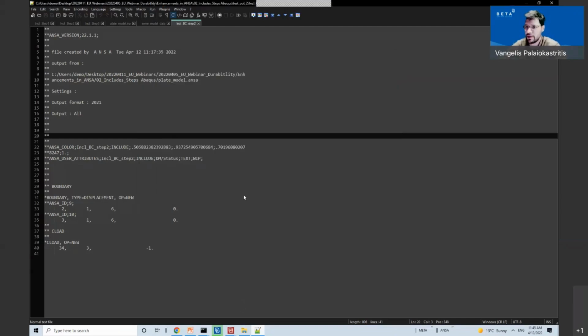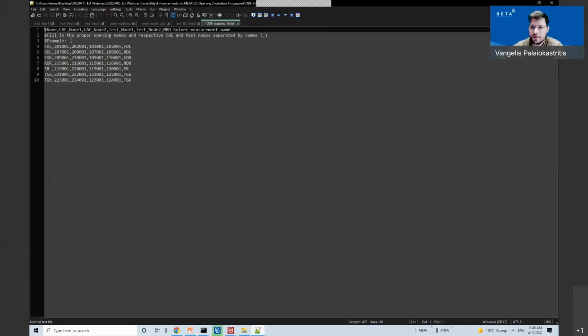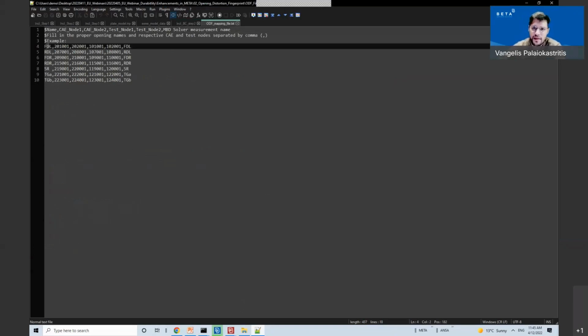If I open this mapping file, it looks like this. It has the name of the closure, the node IDs from the CAE model that define the two diagonals, the IDs of the channels in case we have tests, so these are the channels from the test data, and the measurement if I have a multi-body dynamic solver.